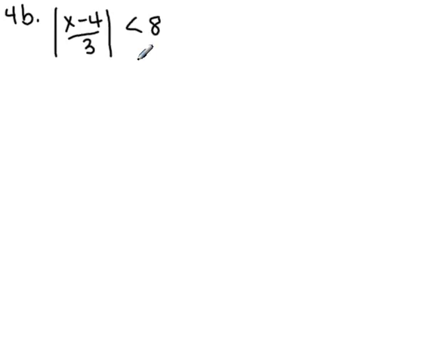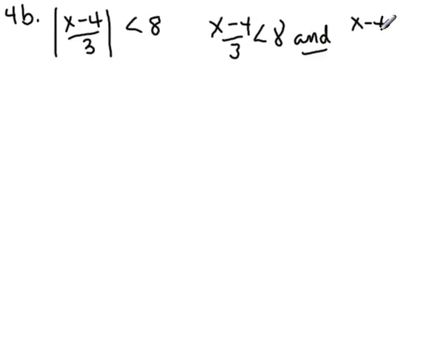We worked for A, it was an or problem. So my regions did not need to overlap. Now it's an and problem, so we're going to have to deal with that issue. Now, again, I'm going to have the case where it was positive and the case where it was negative, so I can write x minus 4 over 3 is less than 8, and